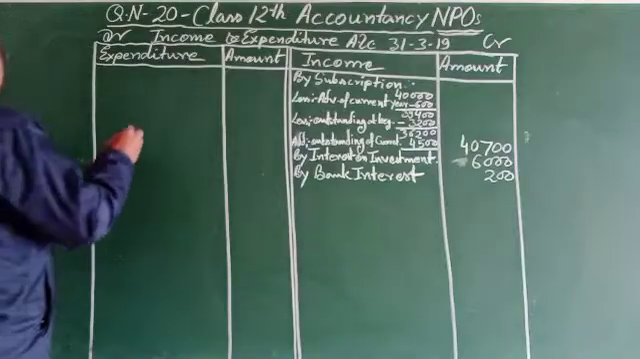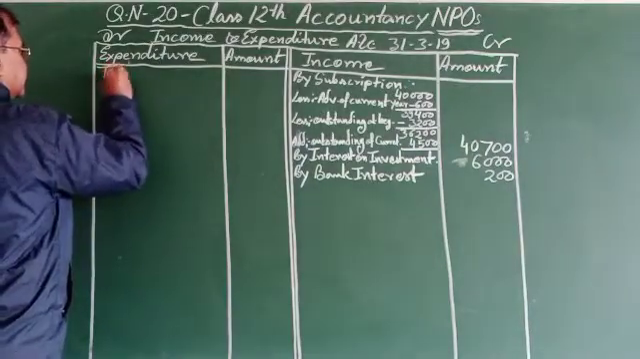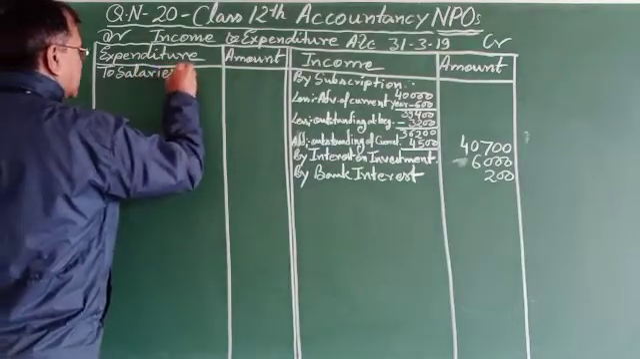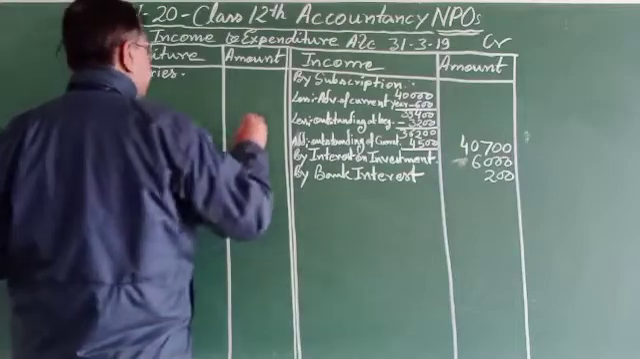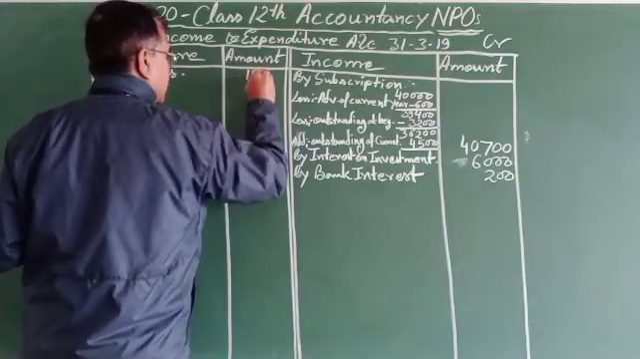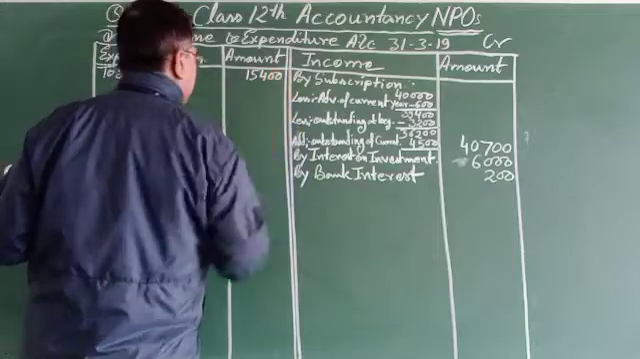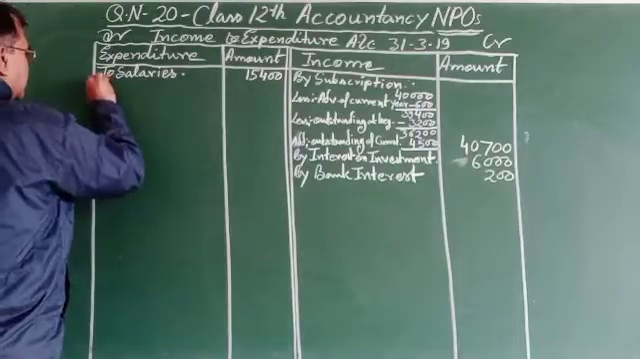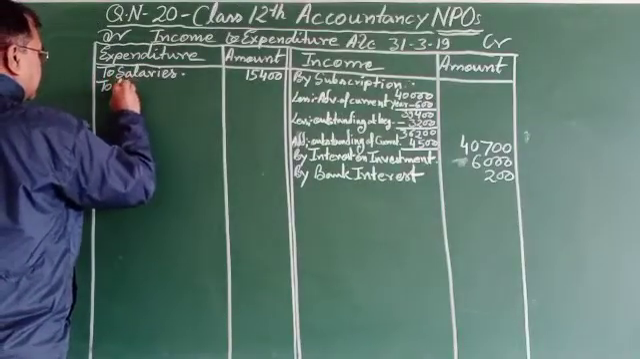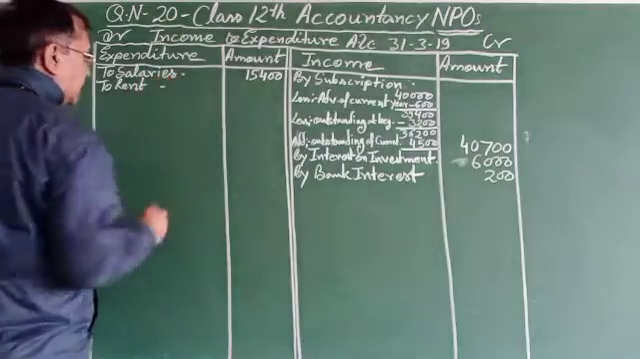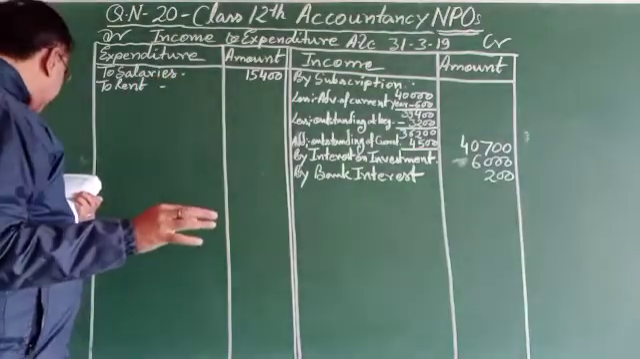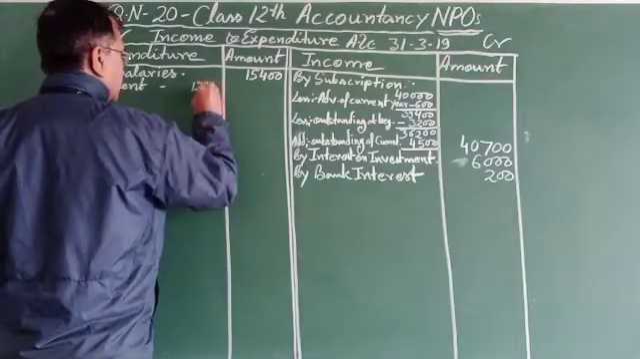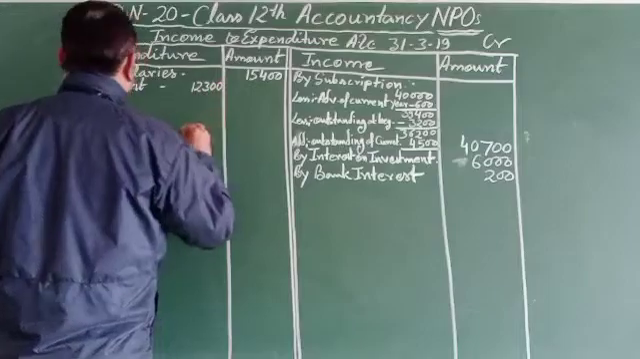In expenditure column, to salaries. Whatever the payment made by the organization, to salaries, 15,400. To rent. That is the additional information given about the rent? 12,300